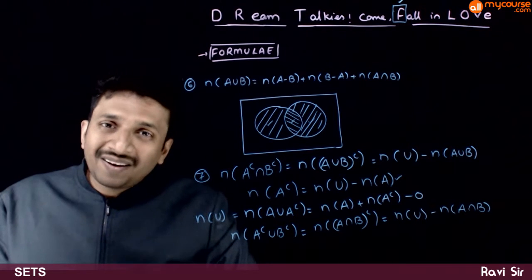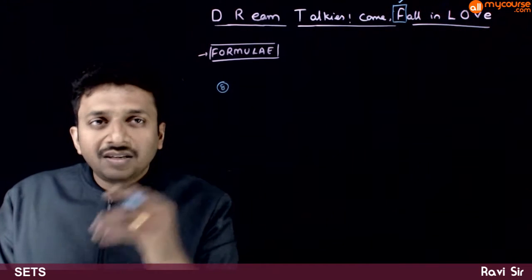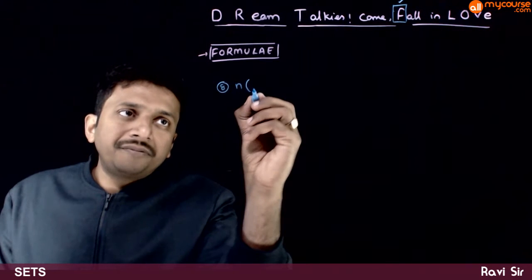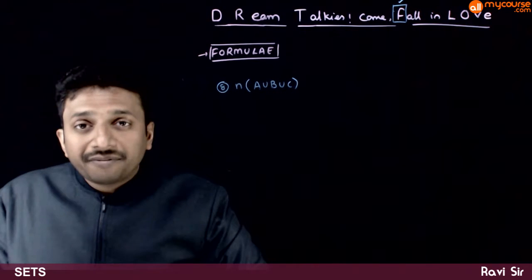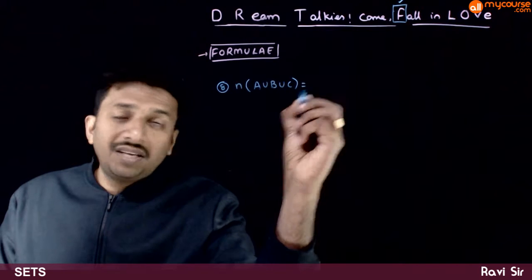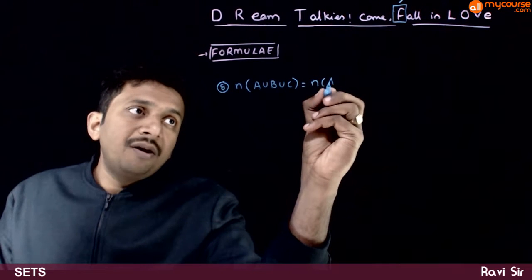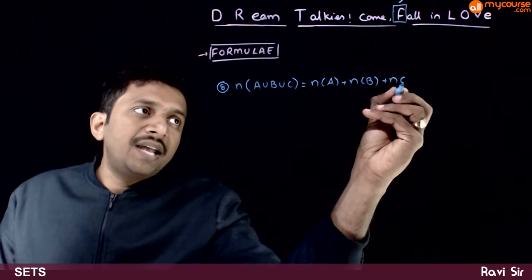So now let us go to our last formula of this chapter. The last formula of this chapter is the formula n of A union B union C, if you have more than two sets. What is n of A union B union C? It is equal to n of A plus n of B plus n of C